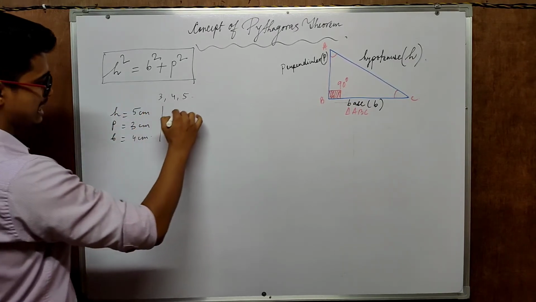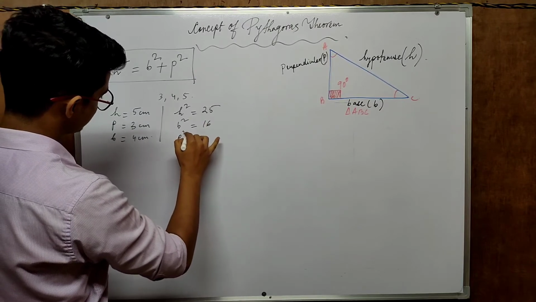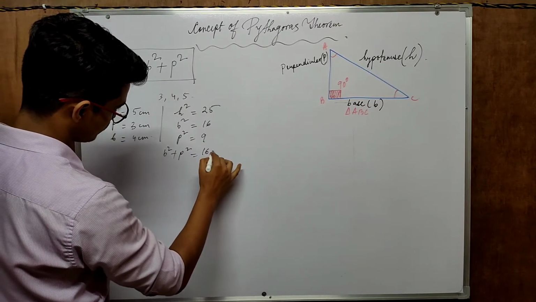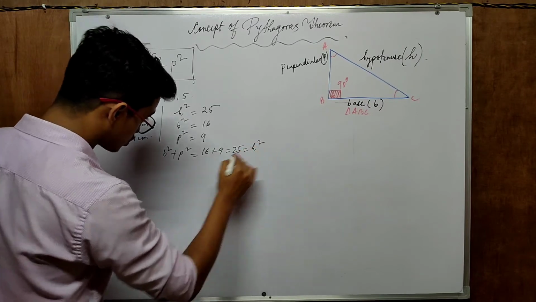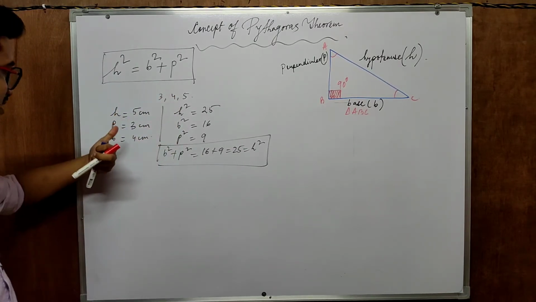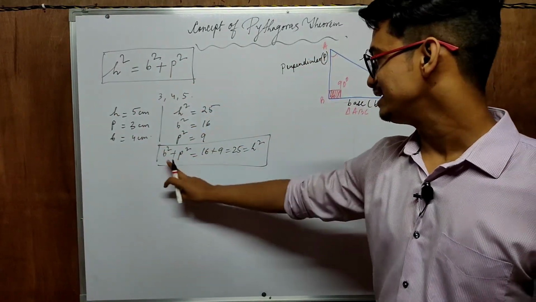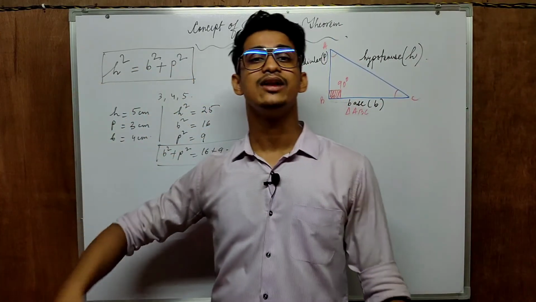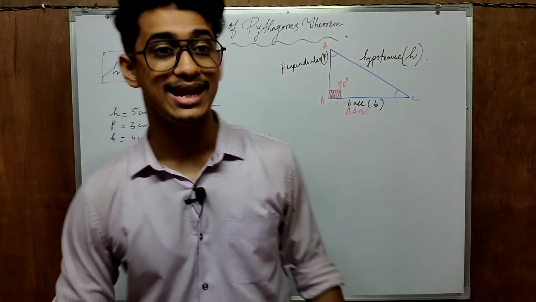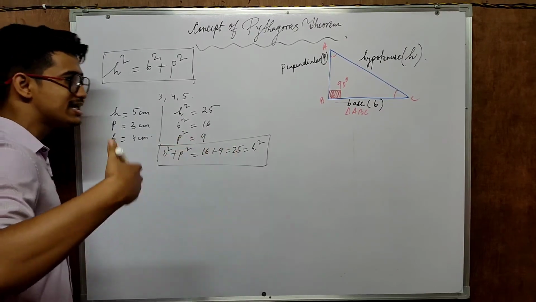So according to Pythagoras theorem, H square is equal to 25, B square is equal to 16, and P square is equal to 9. So B square plus P square, 16 plus 9, gives us 25, which is equal to H square. So if you have this data, 5, 3 and 4, and by putting these values in it actually satisfies Pythagoras theorem, then we can say that this triangle is forming a right angle triangle. By looking at the data only, we don't need to draw this diagram,